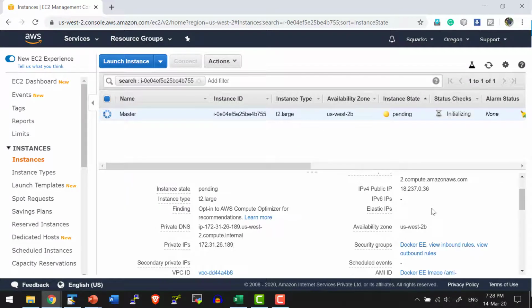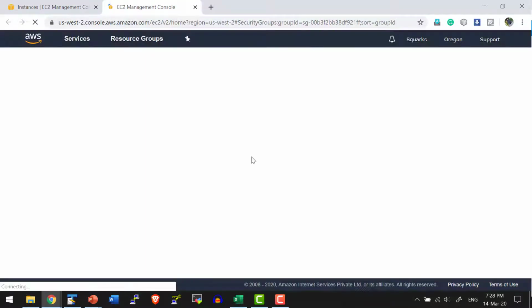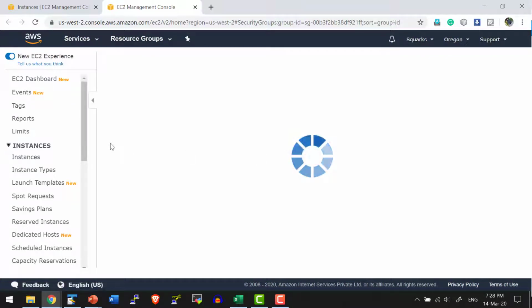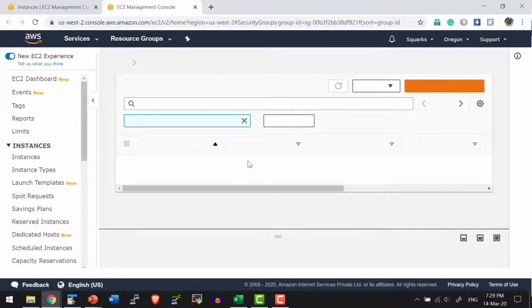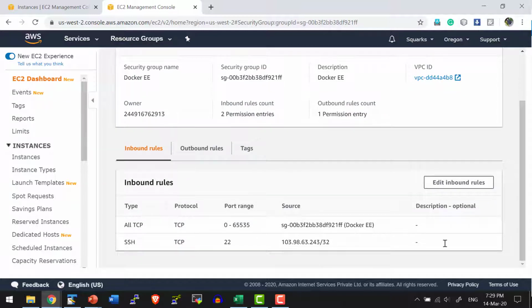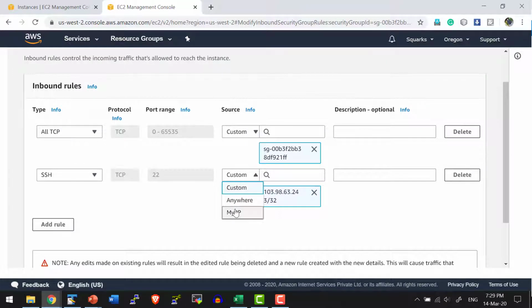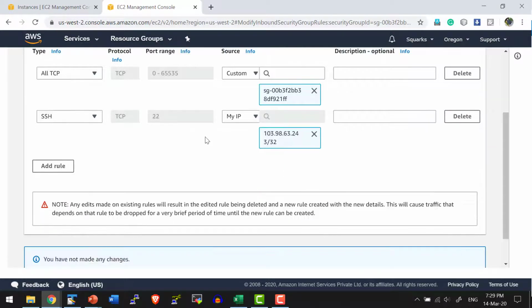In the meantime, let me go ahead and check the security groups. In case if the IP address of my system gets changed, I can go ahead and update so that I will be in a position to log in using the PuTTY console. So within the security group, inbound details, let me go ahead and edit. Let me use my IP over here. So automatically it will choose my IP and save the routes.